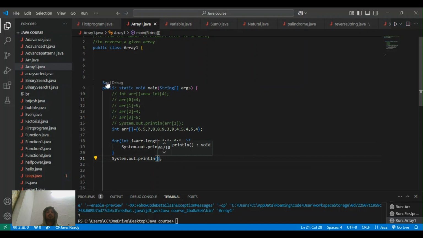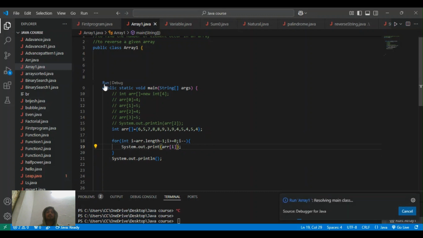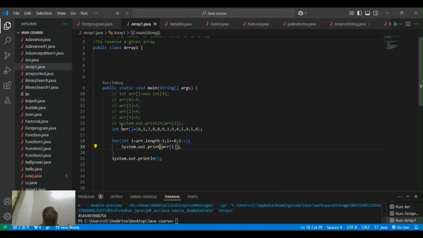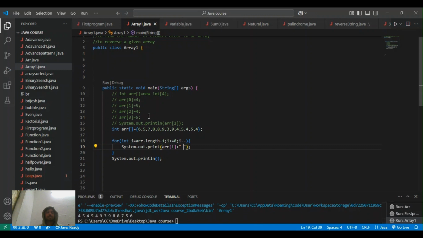Let's run and see what the output is. Let's remove this ln so it will be more clear, because after removing ln it prints all the results in a single line. So here put a gap between each and every element. We can see it has reversed our array. So for making this clearer, I am giving another set of numbers, like 1 2 3 4 only. Let's see what the output is. Here you can